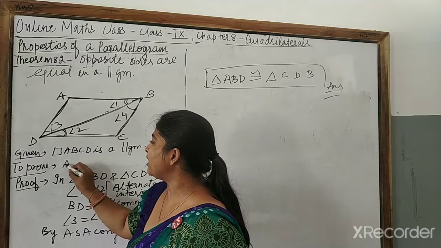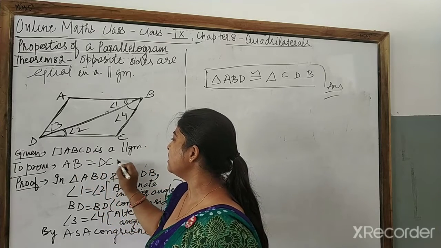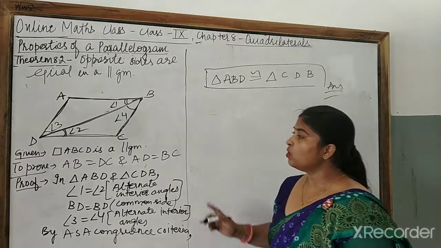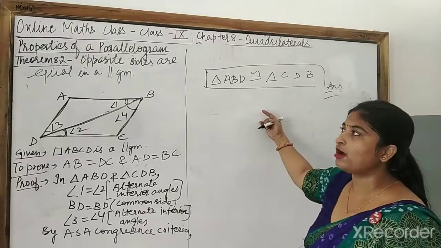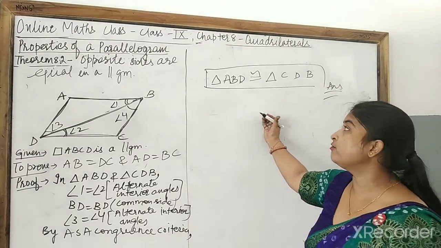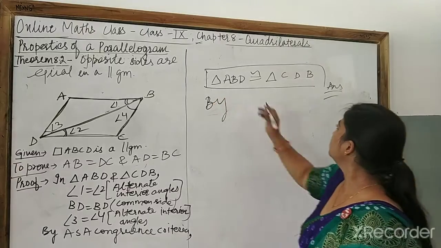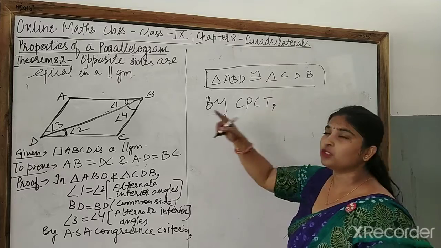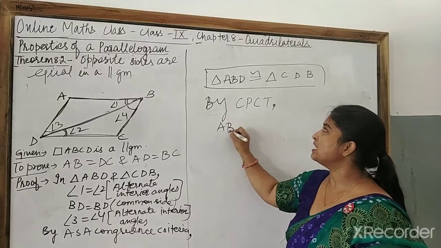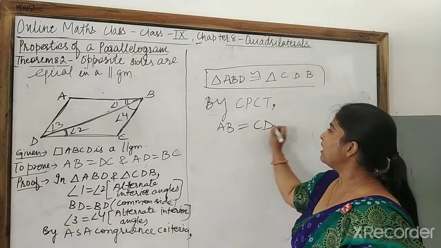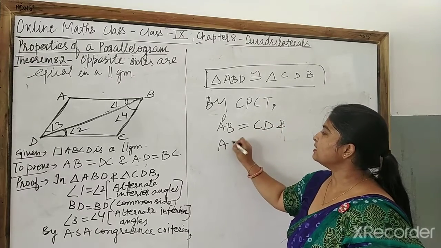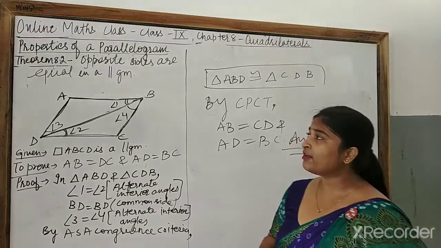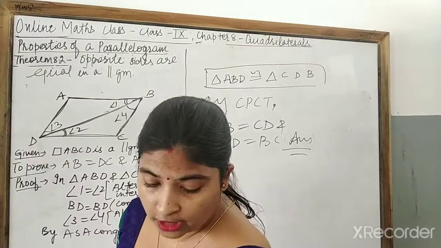So what do I have to prove? I have to prove AB is equal to CD and AD is equal to BC. So from here on we will do what? The same process you will do as you have done up to theorem 8.1. Now, can I write over here, after this you have to write by simplicity? If you know that both the triangles are congruent, can I say by simplicity this AB is equal to CD and this AD is equal to BC? Okay. The same way, dear, we will do theorem 8.3 also.